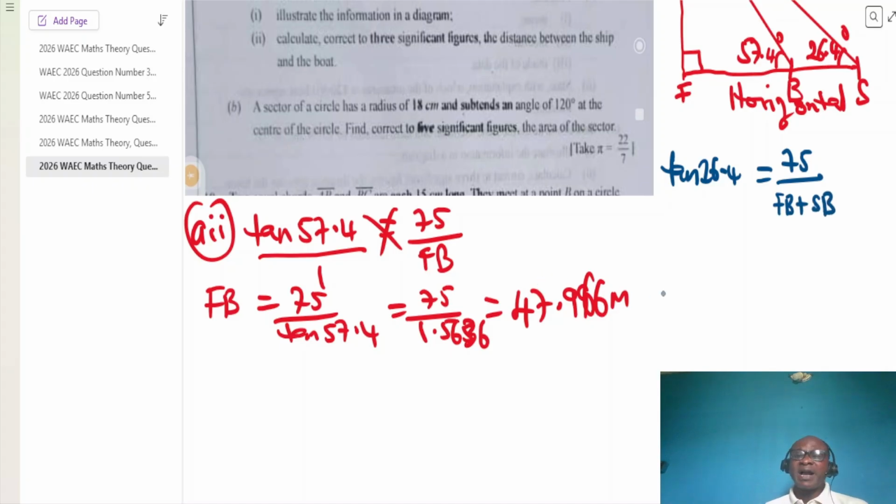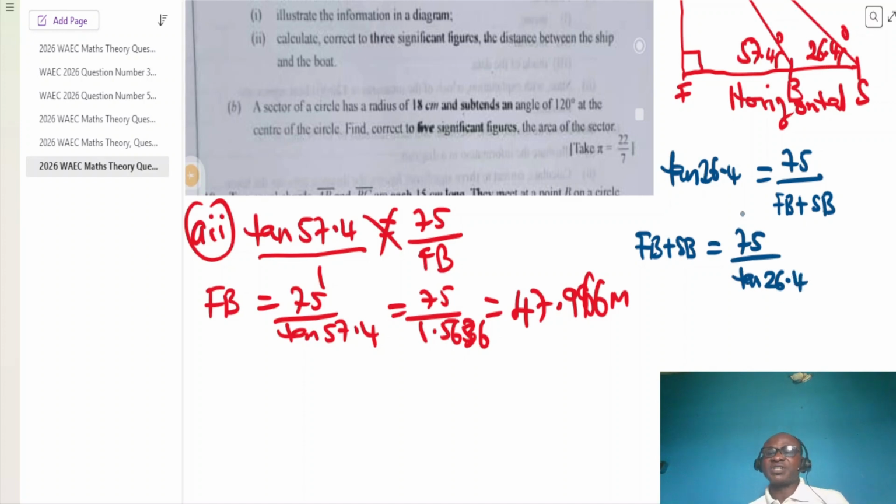Okay? Therefore, this means that FB plus SB will be equal to 75 divided by tan 26.4. What does that mean? I just did a cross multiplication here. All right? And that implies that I will find tan 26.4. And that is going to give me 75 divided by tan 26.4 is equal to